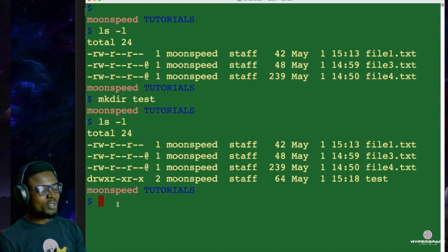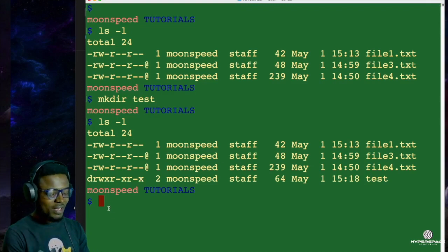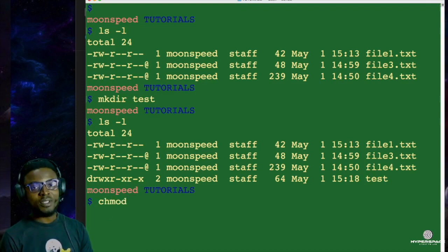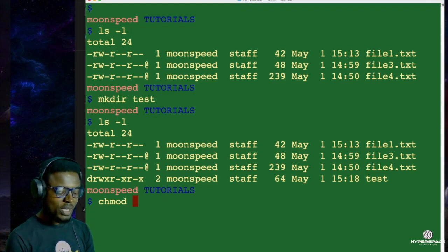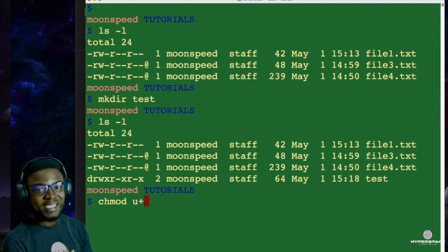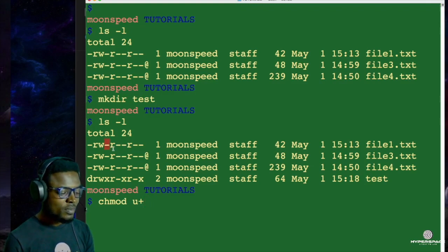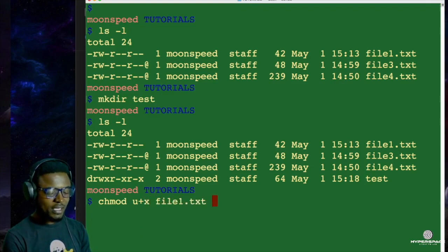Okay, wonderful. So we are going to try and change the permission of the first file, and let's see what happens. Now let's change mode, chmod. When you are changing the permission of the user, it is u, when you are changing the permission of the group it is g, and when you are changing the permission of others it is o. But this time around we are going to change the permission of the user. So u, we are going to add, plus, since the user does not have execute permission, the x over here. So we are going to give the user execute permission. All right, so u+x, then we bring the file name, which is file1.txt, and now when we enter